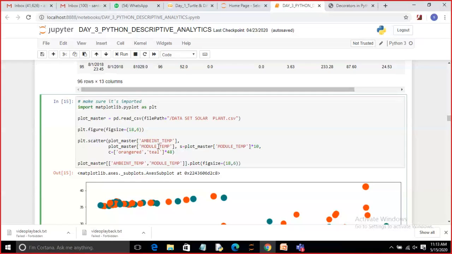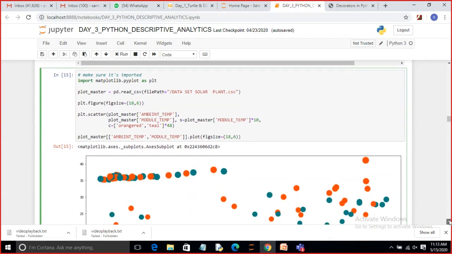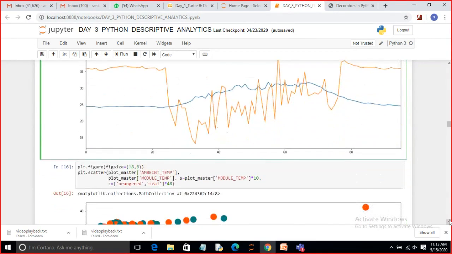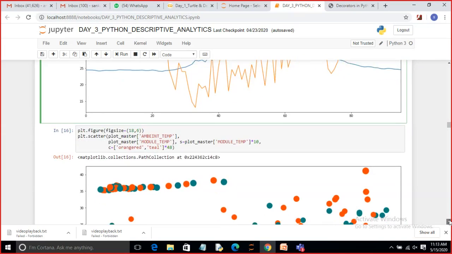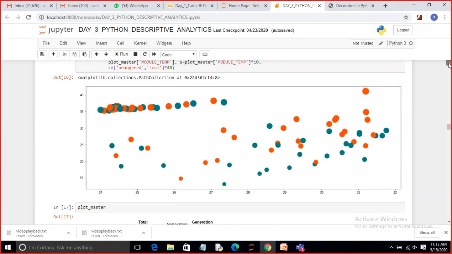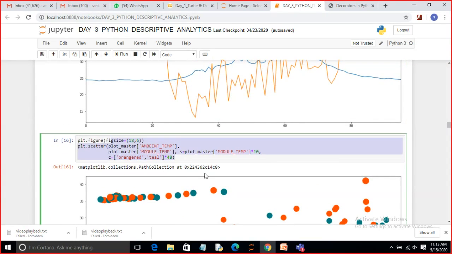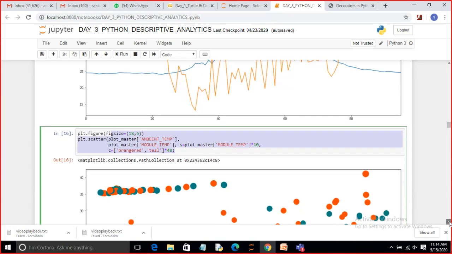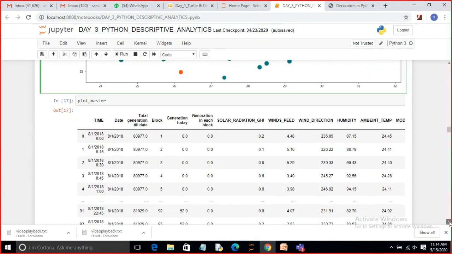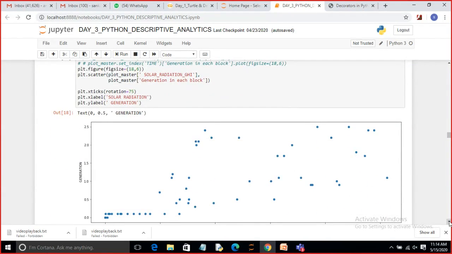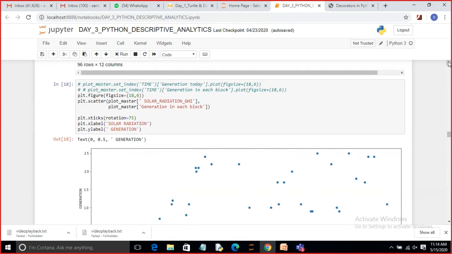For that I am using ambient temperature, module temperature, and generation.